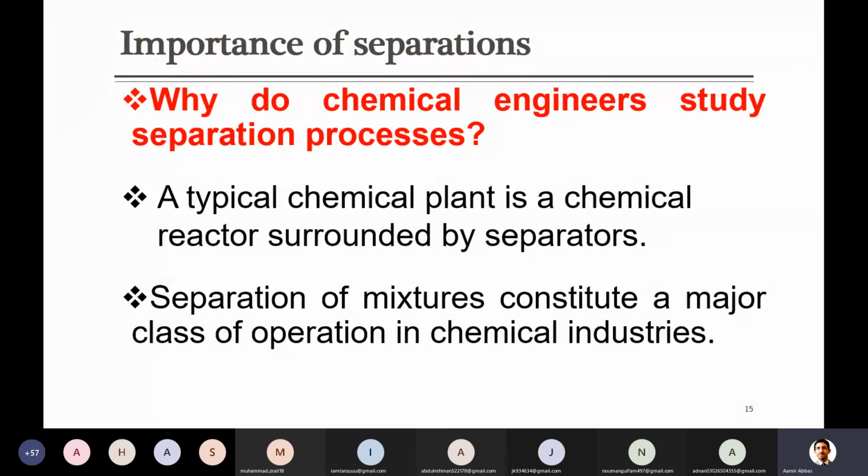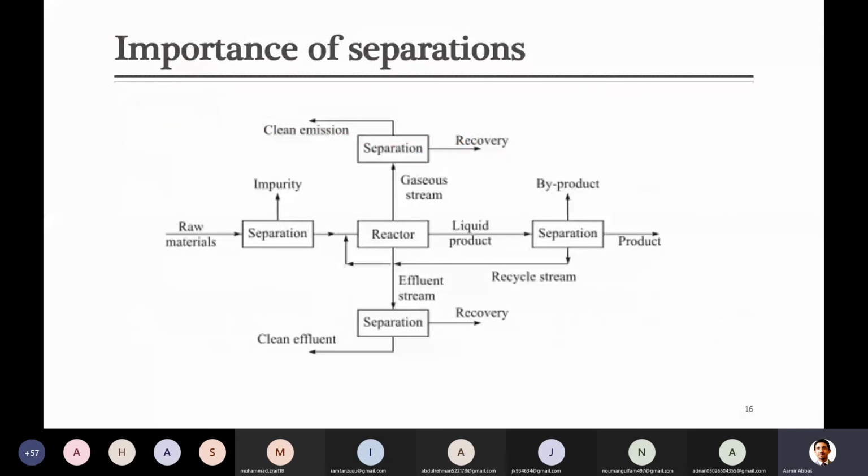So in order to do all these separations, we need some separation equipment, and they are part of all chemical industries, all processes. So just look at this one journal example. I'm calling it a journal example because you will not see all kinds of things in each and every industry. Some part of this flow sheet will be valid for some industries and some other part will be valid for other industries.